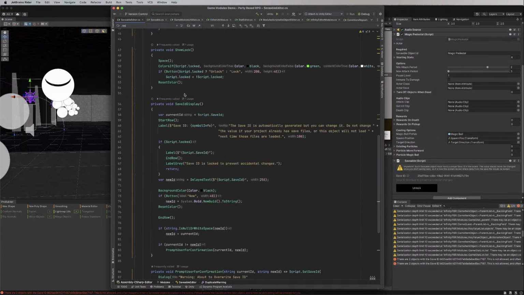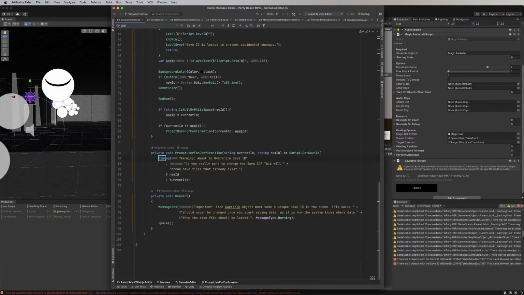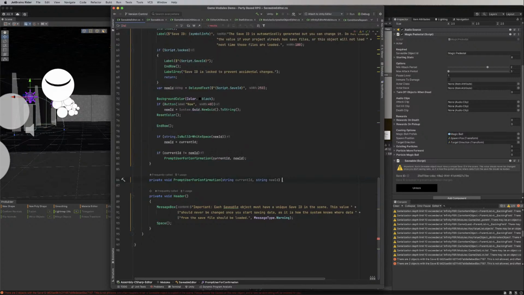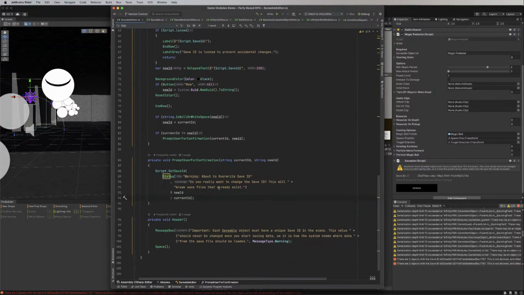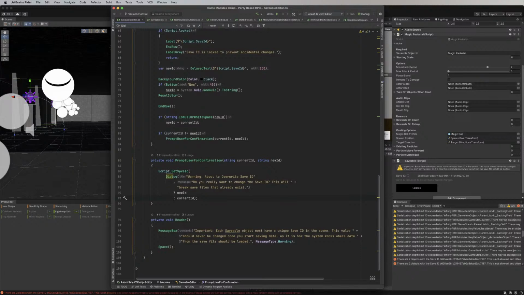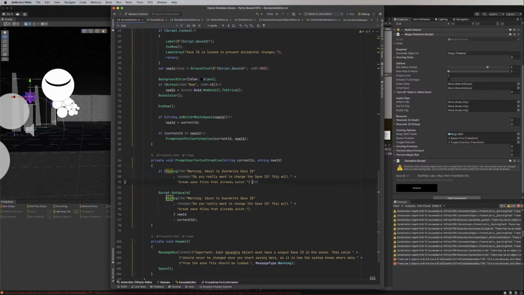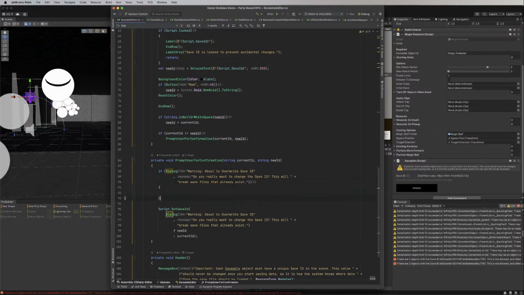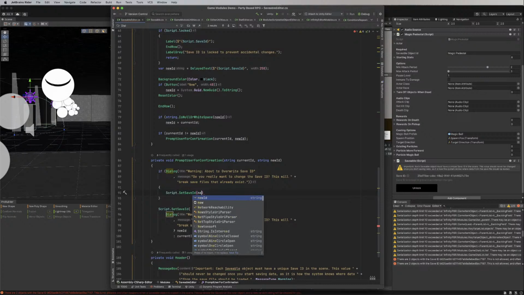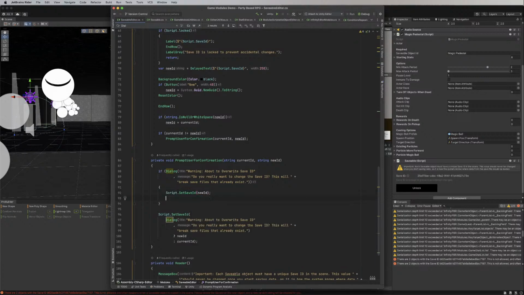So when we do dialogue, that, oh, that means we can't do it like this. Oh well. Yeah, that's too bad. Oh well, we'll do it differently. So if we say yes to this, then we do something. Otherwise, we do nothing. So we will say set save ID to the new ID, and then